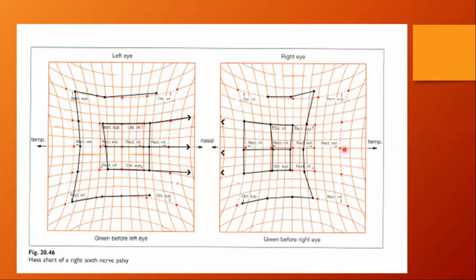Why are the superior rectus and the inferior rectus affected? They are supplied by the third nerve, not the sixth nerve. Because in order to demonstrate up and out and down and out, the eye should go out in the first place. So in sixth nerve palsy, we will also get limitation here, and limitation down and up. Even though this is the field of the superior rectus and inferior rectus, and both are supplied by the third nerve, they look as if they are affected, but they are not. This is because the eye can't move out in the first place.